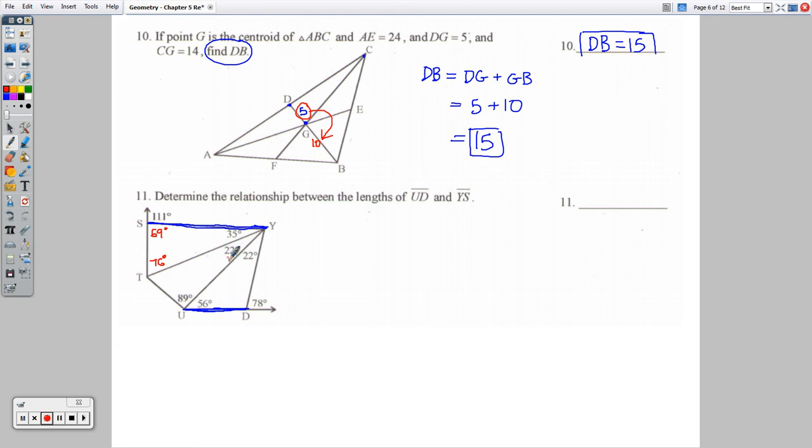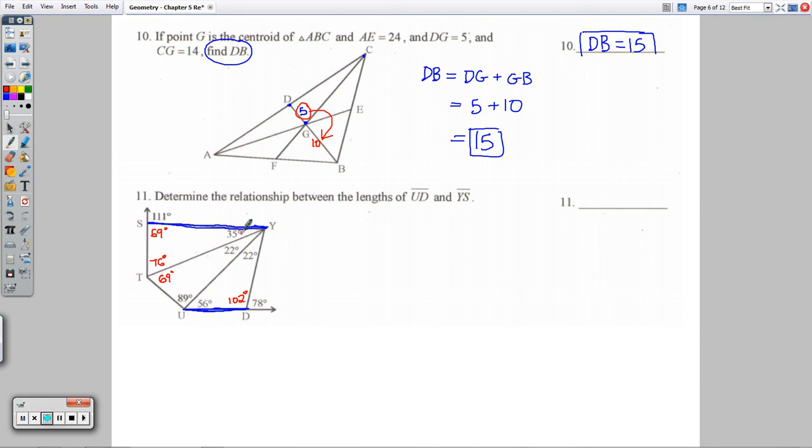Add those two up and subtract that from 180. You're going to end up with another 69 degree measurement right there. And do the same thing with this one. Or you could just take this one and subtract 180 from that. You'd be left with, looks like 102 degrees. And I gotta be frank with you on this one. I'm not seeing it. I'm not seeing how I can prove this is true. Clearly it looks like